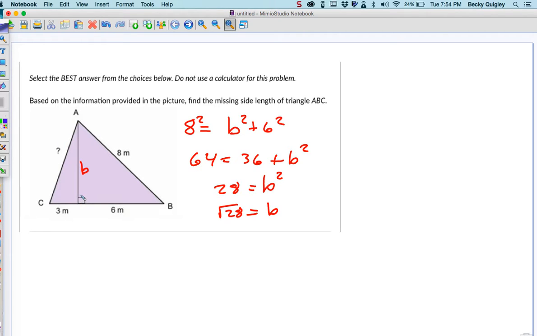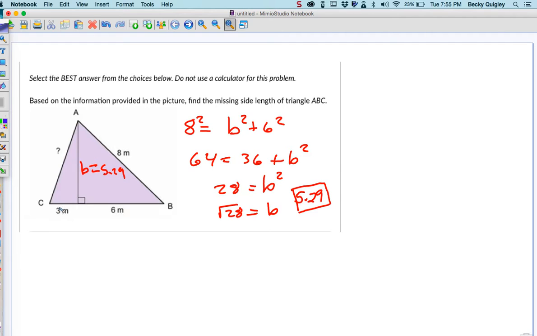So you needed to go ahead and take this answer, which, square root of 28 was equal to 5 point, let's see, I just need to grab my calculator real quick. So 5.29. So you did solve for this side, but that's not what the question was asking for. So what you need to do now to regain some points from this is to take this information, b is equal to 5.29,